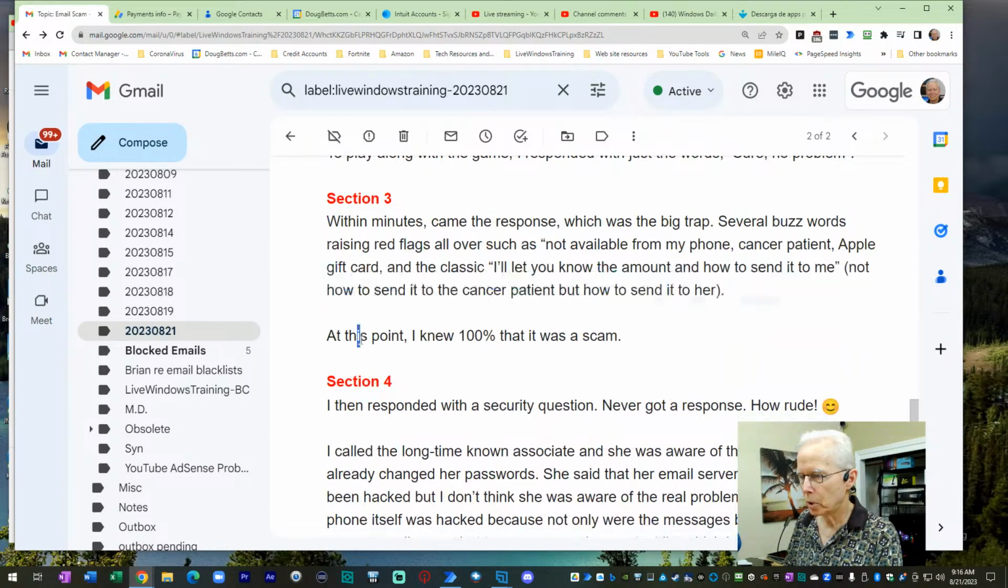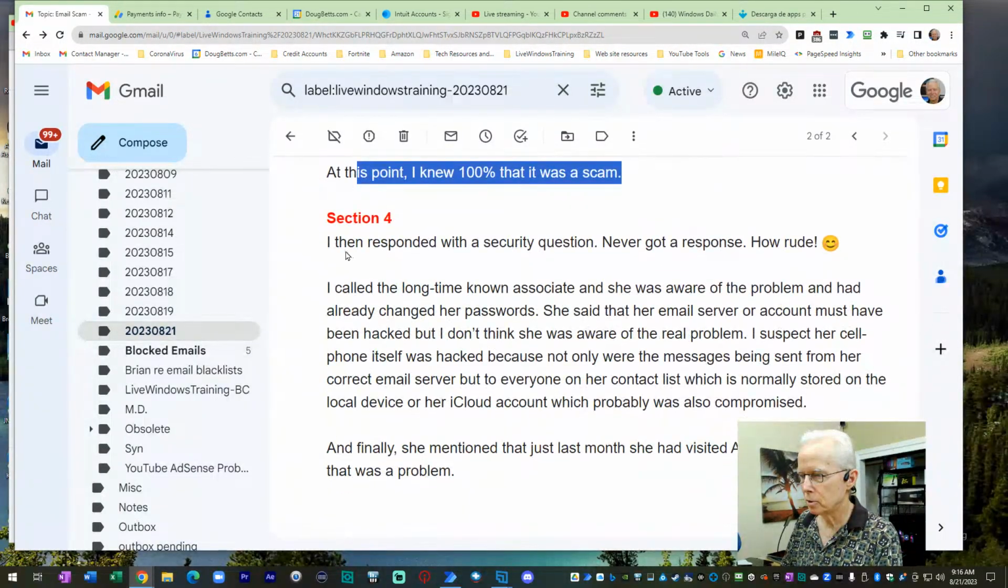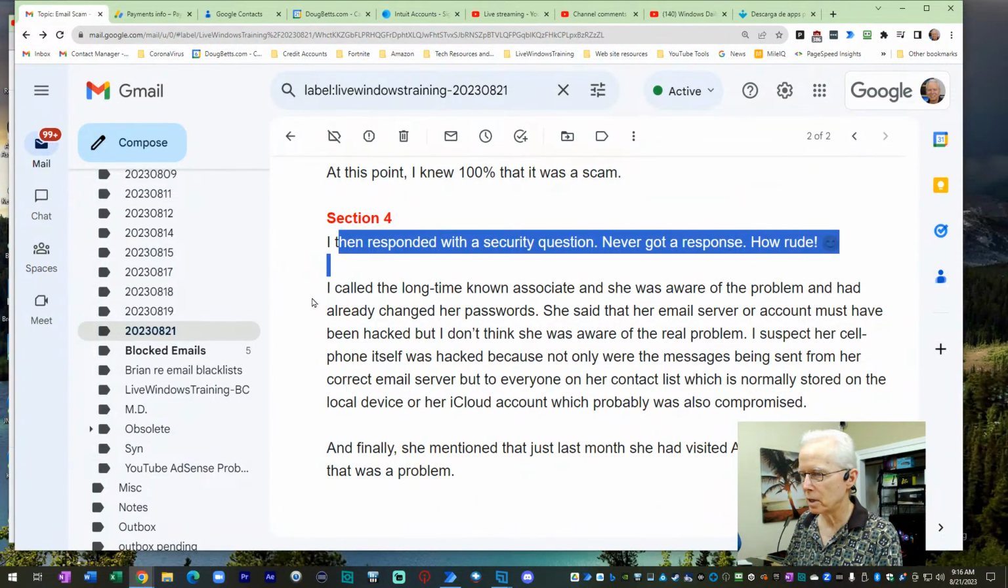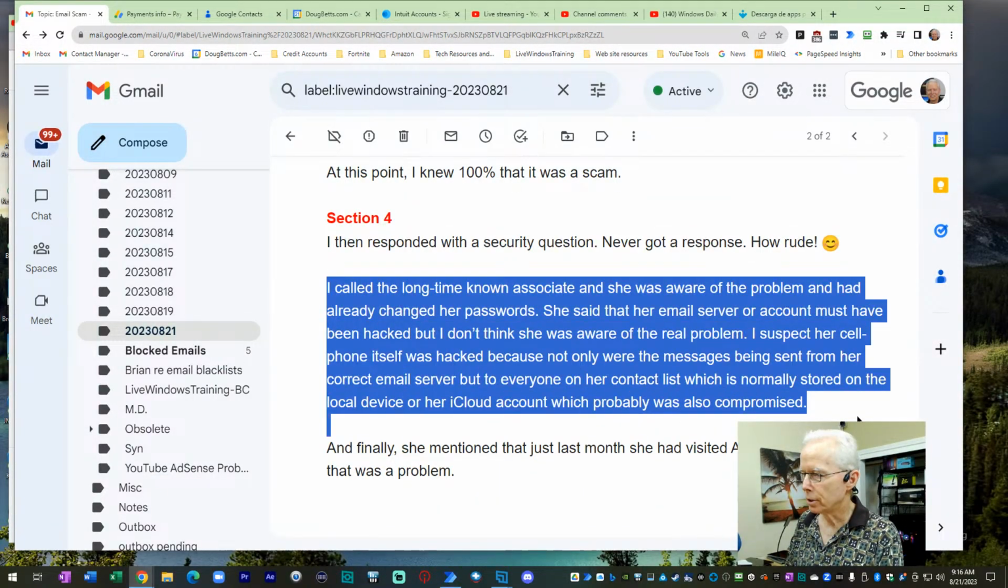Let's see. At this point, I knew 100% it was a scam. I then responded with a security question, never got a response. How rude. The scammer could have taken a guess what the street name was. I called a long-time known associate, and she was aware of the problem and had already changed her password. She said that her email server or account must have been hacked, but I don't think she was aware of